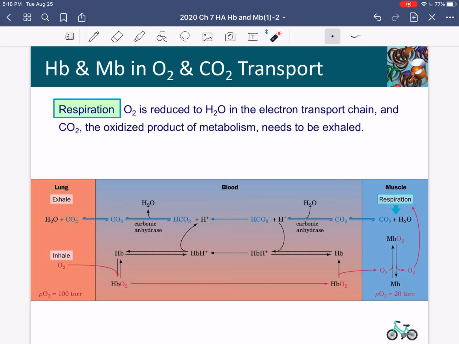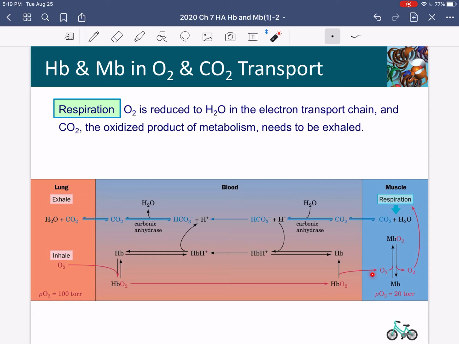Okay, so here we are inhaling down here at the bottom. Here's the oxygen. It's going to bind to hemoglobin at the lung artery interface. Here the orange is the lung. And we have a high concentration of oxygen in the lung at 100 torr. And that allows oxygen to bind to one monomer of the tetramer hemoglobin, shifting it to oxyhemoglobin. So oxygen binds deoxyhemoglobin, makes it oxyhemoglobin, and then it goes on to the tissues.